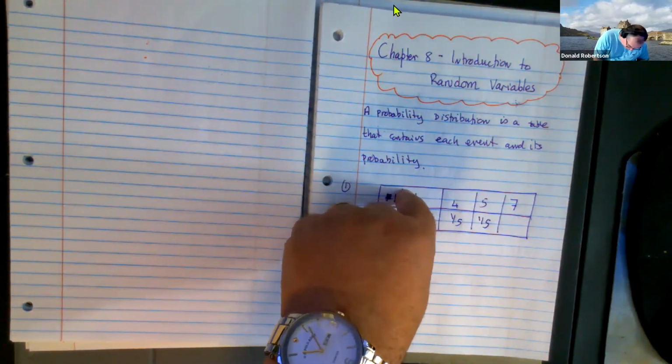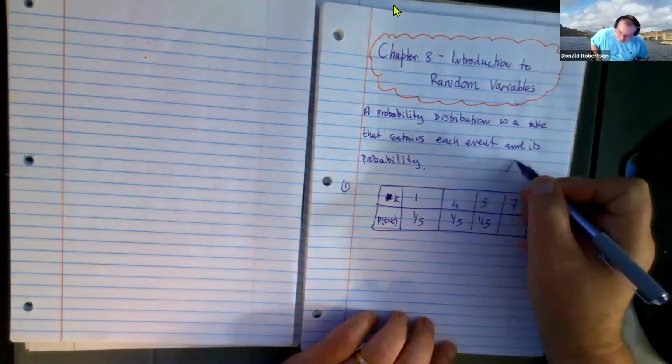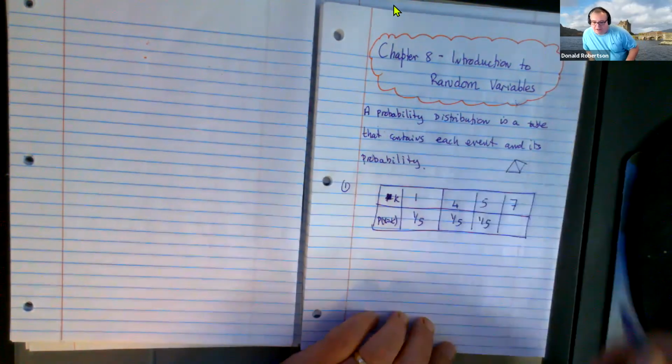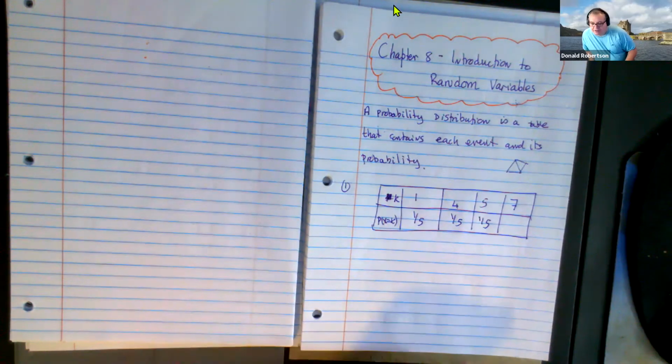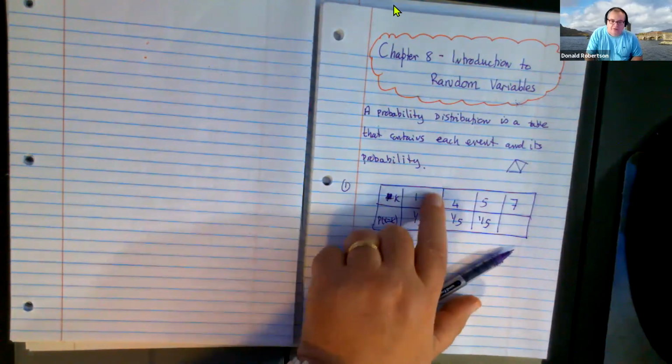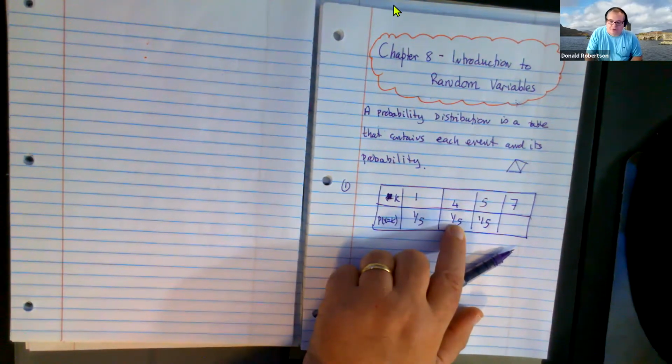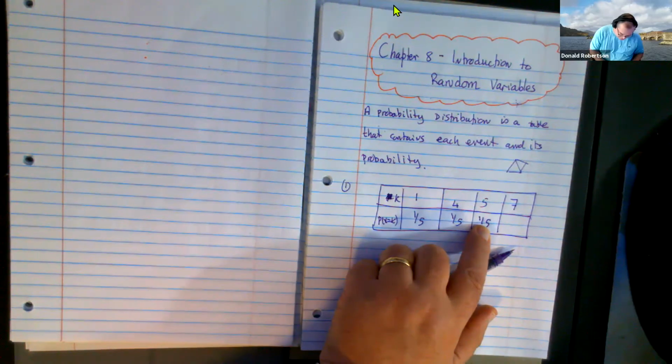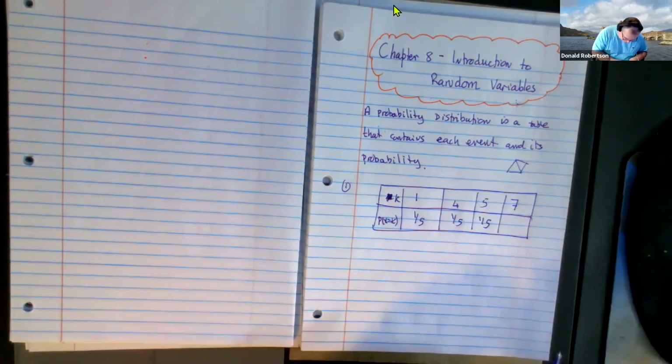It would be one of those tetrahedron dice, right? I don't know if you've ever played games. It's got a 1, a 4, a 5, and a 7. And the way it works is it's loaded in some way. So the chances that you get a 1 is a fifth. The chances that you get a 4 is a fifth. And the chances that you get 5 is a fifth. And we're being asked,